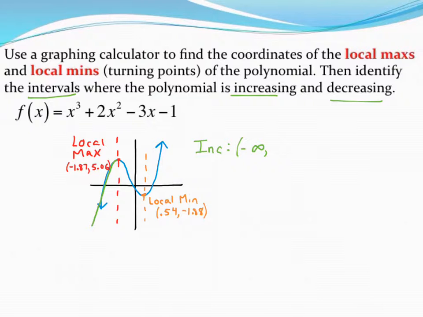the x value. Increasing, decreasing intervals always only use the x values. So I'm only looking at these. I don't care about the y values for intervals. So I'm increasing up until I get to this point, or this x value of negative 1.87. Okay. After that, I start to drop, but let's look for any other spots where we're increasing while we're talking